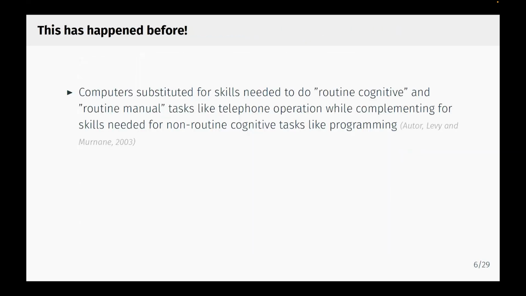Cool. So we've been here before, where relative prices have shifted from technological change. You guys are probably familiar with this literature, but Autor, Levy and Murnane in 2003 showed that computers substitute for routine cognitive tasks and routine manual tasks, and complement non-routine tasks. And so you saw the occupational structure of the US labor market shift in response to this. You saw relative prices for labor shift.